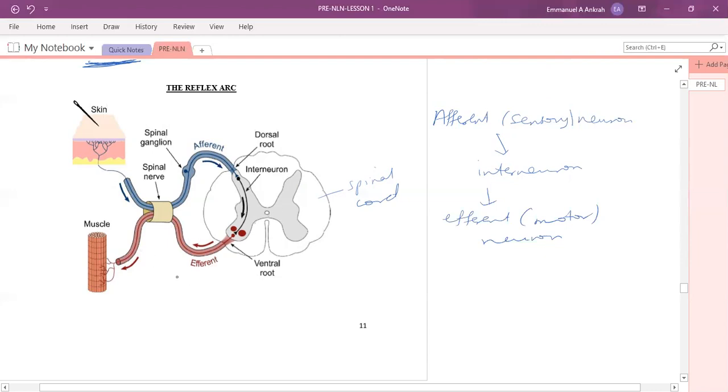Okay, so this will occur quickly before you have some message going up to the brain. That will be the second response to tell you something has happened. Okay, by initial response, you have no control over it. You lift your leg before you think. Okay. All right, so this is a brief overview of the things I want to discuss on the science part